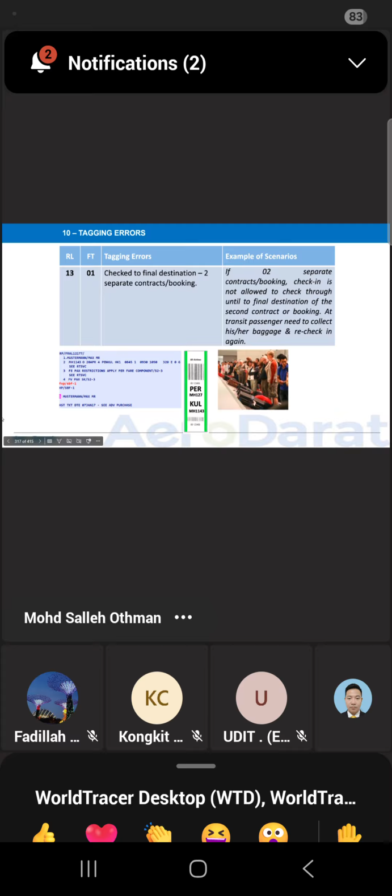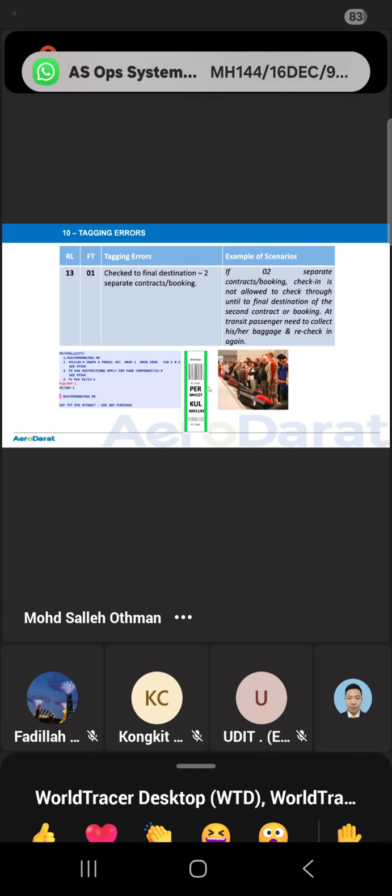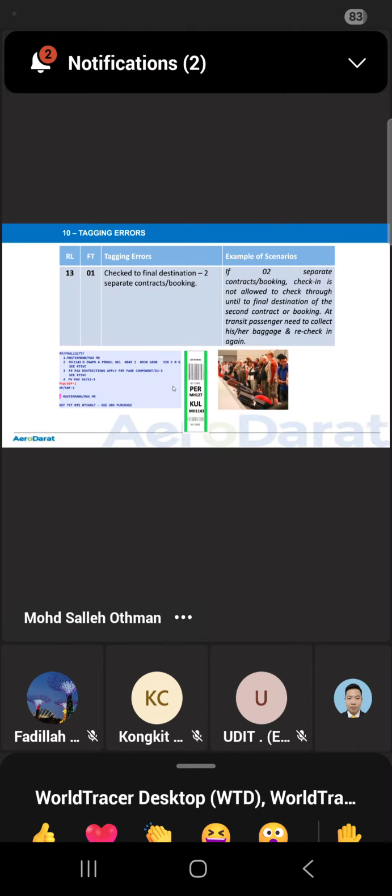Okay. This one, the passenger has only two separate bookings. So you have to check until Kuala Lumpur only, okay? Not to Perth, because when they scan the luggage at the conveyor side, it will read there's some error, so they will have to offload the luggage. Definitely, they will put the error on the Penang station. Why did you check through the luggage? Because the single booking is only Penang to KL. Okay, the passenger has two separate bookings.